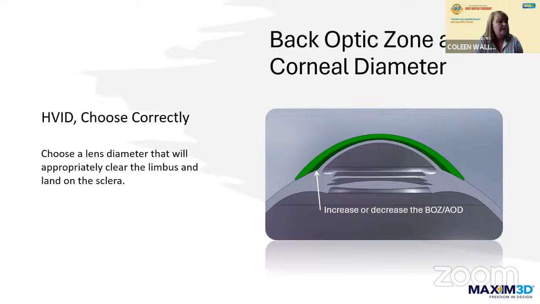The sag of the lens is determined on the corneal elevation. You never want the lens to rest on the cornea or rest on the limbus. There should always be clearance over the limbus, and the lens should always rest smoothly on the sclera. Our design has a very wide first width curve at the limbus to reduce any kind of limbal touch. So it's rare that you would put on one of our scleral lenses and have any touch at the limbus.